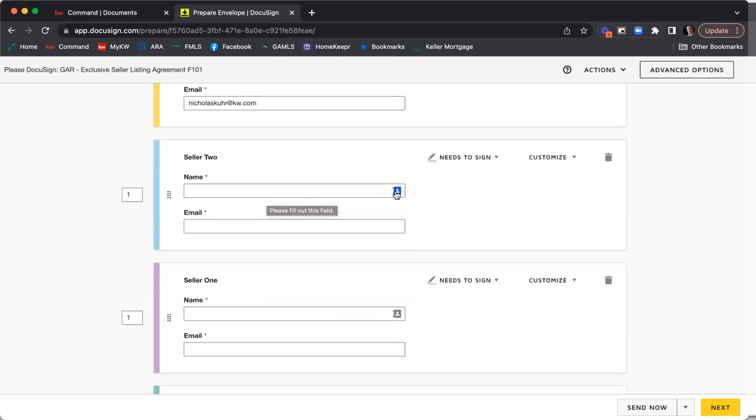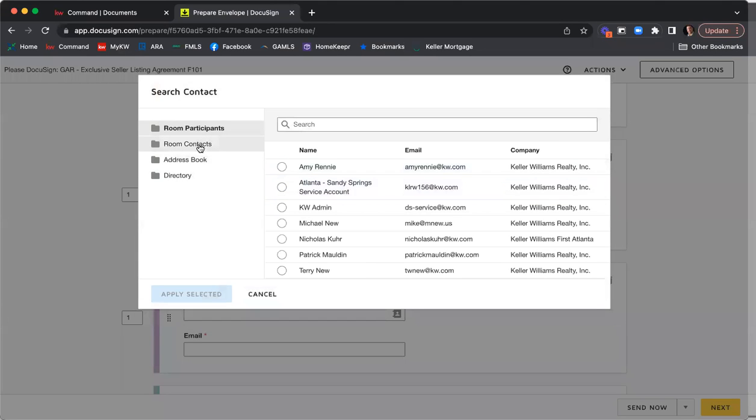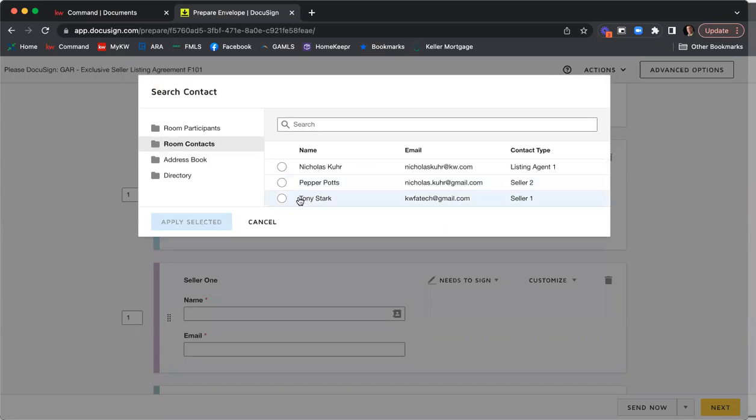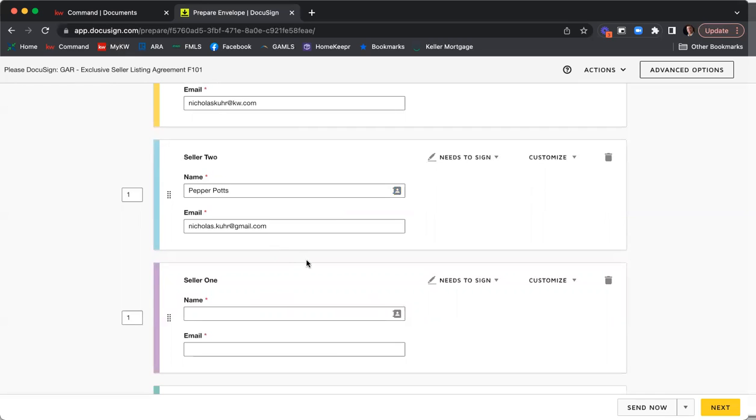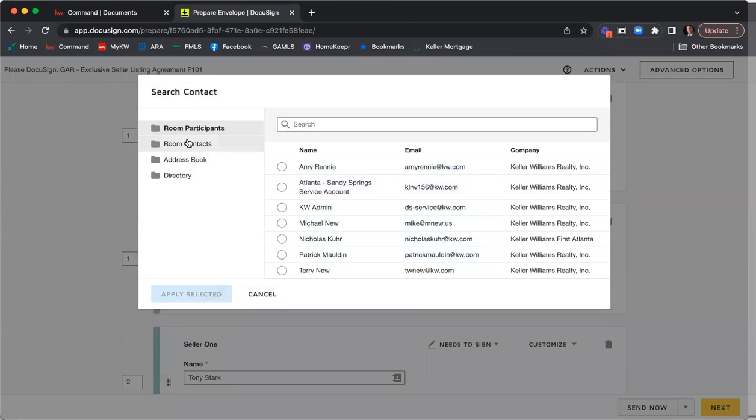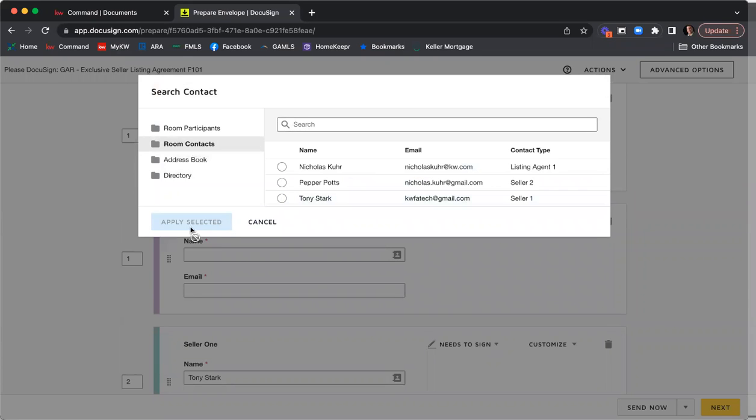So I'm just going to click on this icon here, and I'm going to select room contacts, and we're doing seller 2. So I'm going to add Pepper Potts and click add selected. And then for seller 1, I'll do the same thing. I'll click the address book icon, click room contacts and Tony Stark,